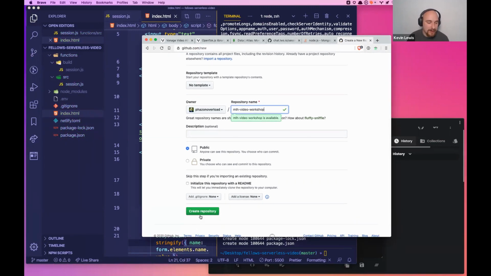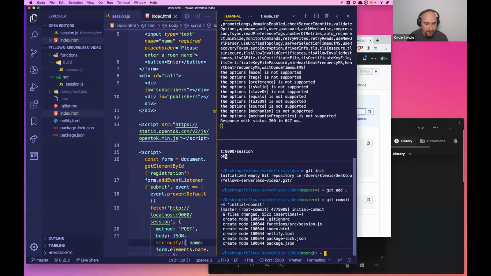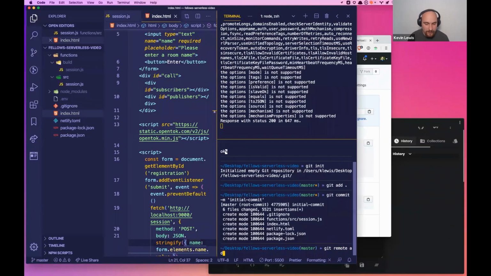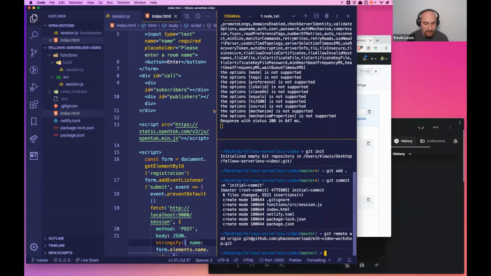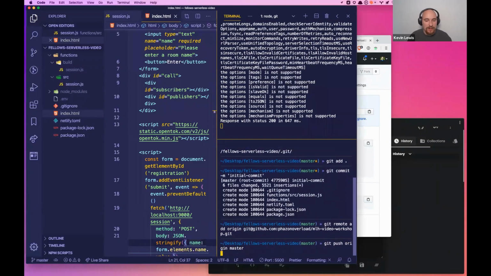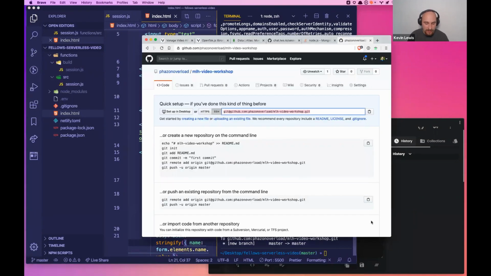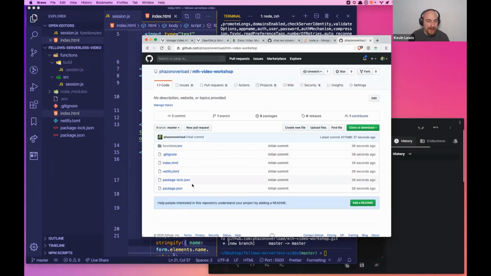Make it public, add a description, whatever you want. We will go and create the repository, grab this URL, and go git remote add origin, and then the URL, and git push origin master. And it will go and push that code up. Shouldn't take too long. There's not a lot going on here. We refresh this and we should now have all of our code minus the files we do not want to